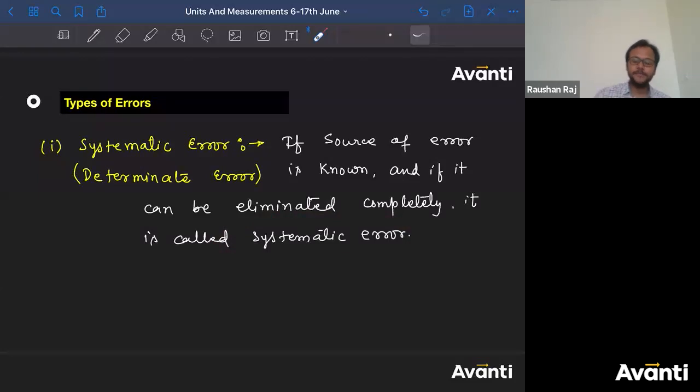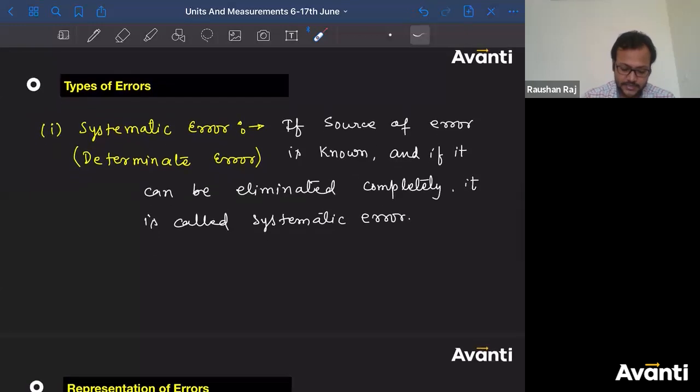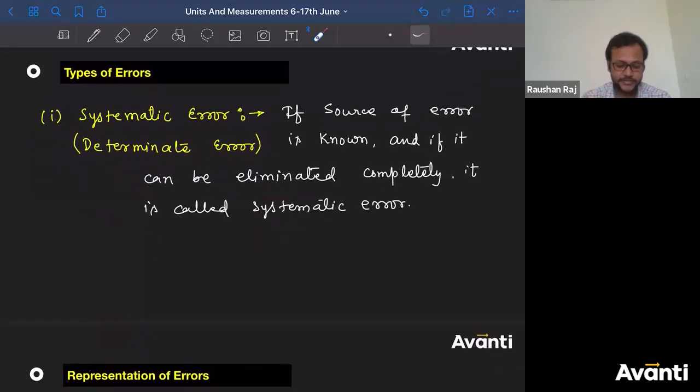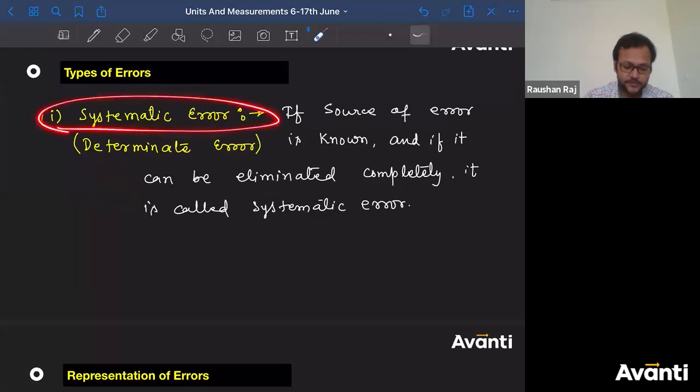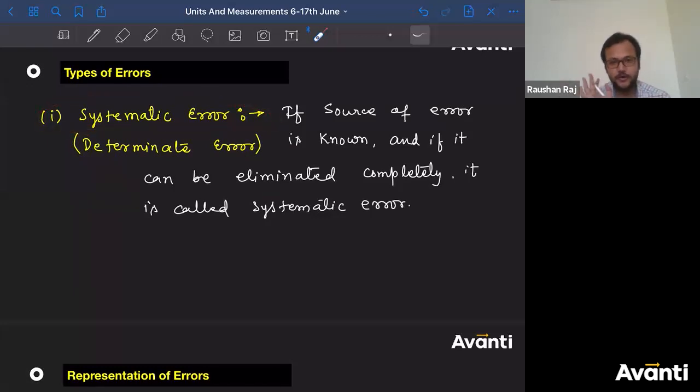Okay? Chalo, what are the types that you can easily understand? So let me give you an assignment. Guys, please write down some examples of systematic error. I know you'll get confused, some confusion will come. You search 5 examples of systematic errors. Search it anywhere and write and bring it. Then tomorrow we'll discuss.